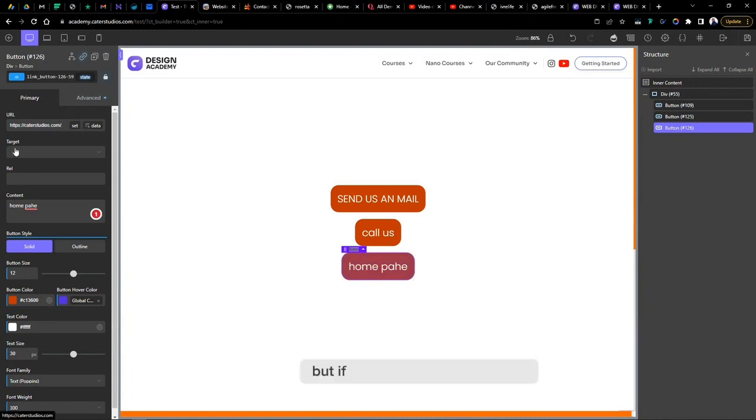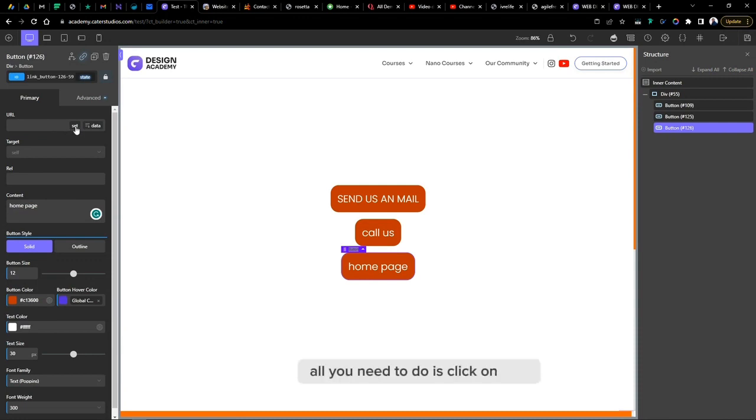Okay, but if that page is in this website, this is how to link a page from another website. Maybe you are creating two websites, but they want you to link the two of them interchangeably in a way that people can visit the other website from this website. This is how to do it. But if that particular page is inside this website you are building, the current one you are building, all you